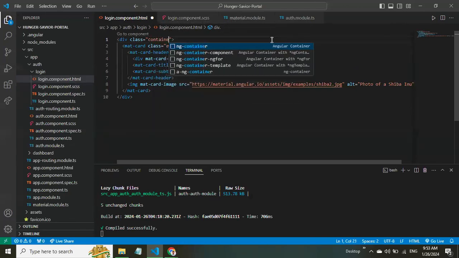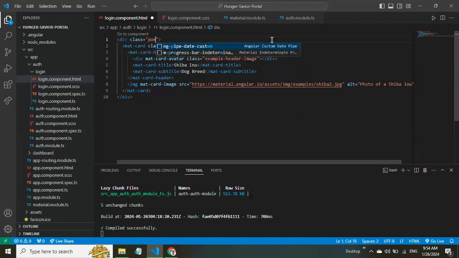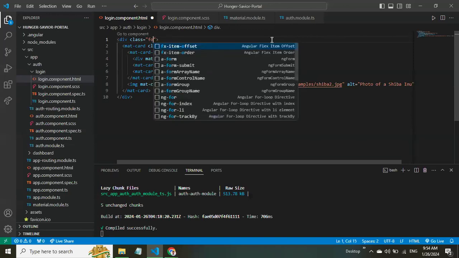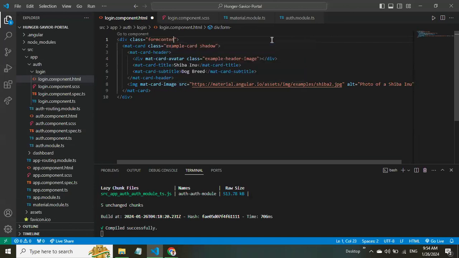No, no, don't give this as a container. Give this as image content or form content. Just form content. Form content, that's it. Just content, form content. Yeah. And how to write a CSS for this equivalent to Bootstrap? Save it